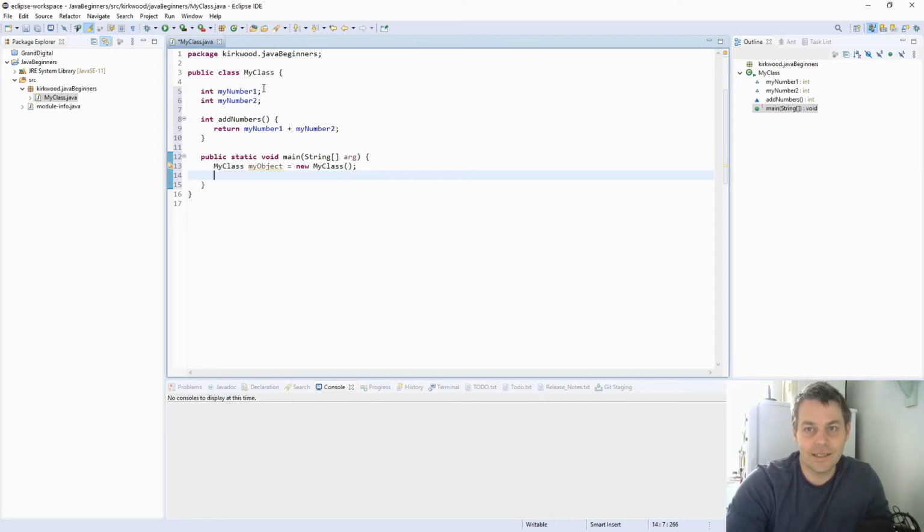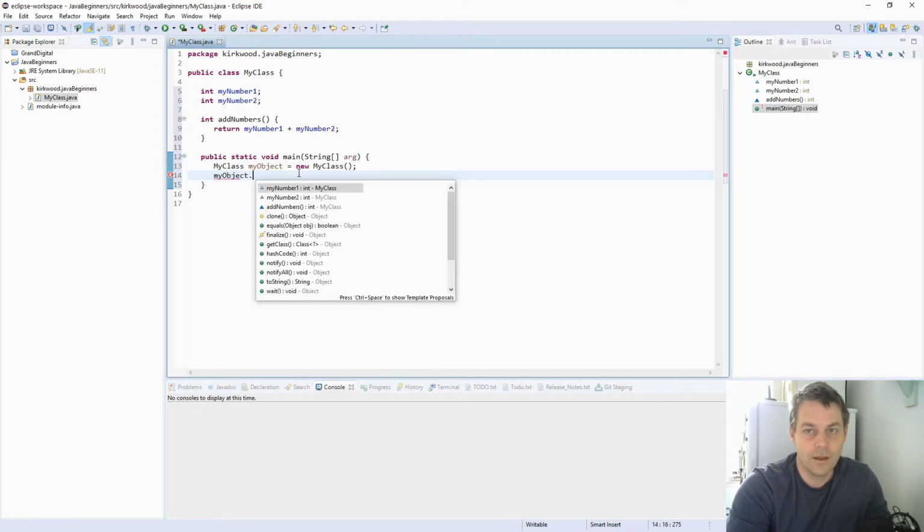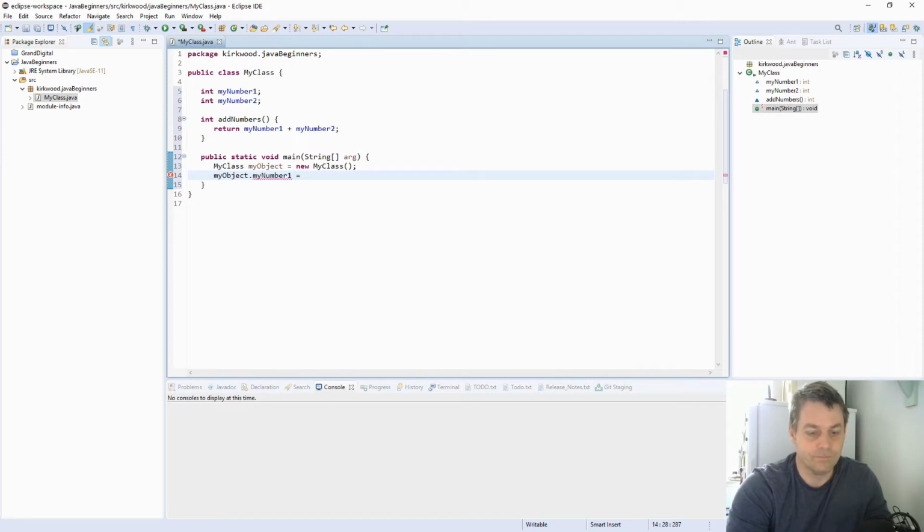Now I can access these things inside the object by putting a full stop. So I can say myObject.myNumber1 equals 2, and myObject.myNumber2 equals 3, and then I can System.out.println. I want to call the addNumbers method in my object, myObject.addNumbers. I'll just add something here. The result is